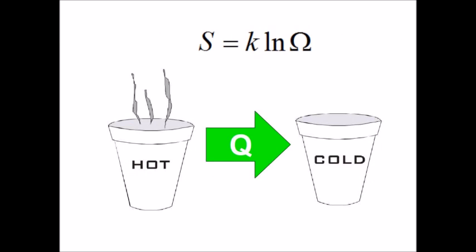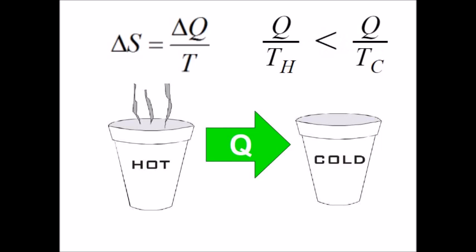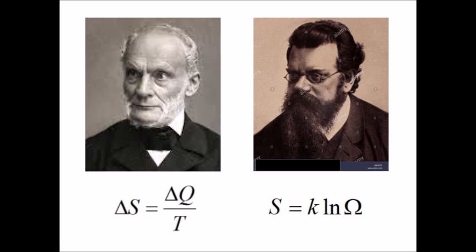So there is multiplicity in a cup of water. It tells heat to go from hot to cold. And if you look closely, you can even see Boltzmann playing nicely with Clausius. How's that? Well, even though the same amount of heat leaves the hot cup and enters the cold cup, the temperatures clearly are different. That means the total entropy of the system increases. Entropy increases, which is just what these guys and all the rest of nature wanted.